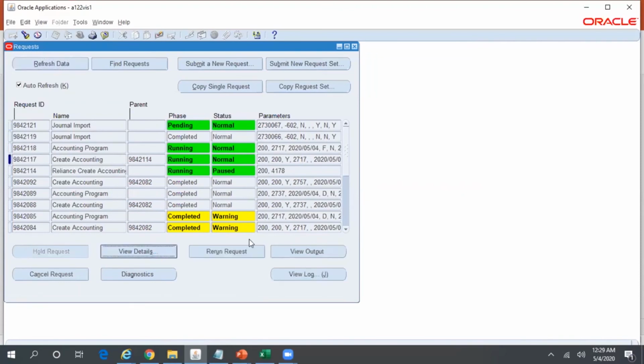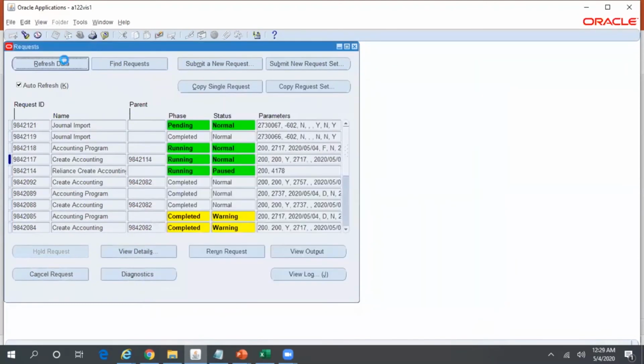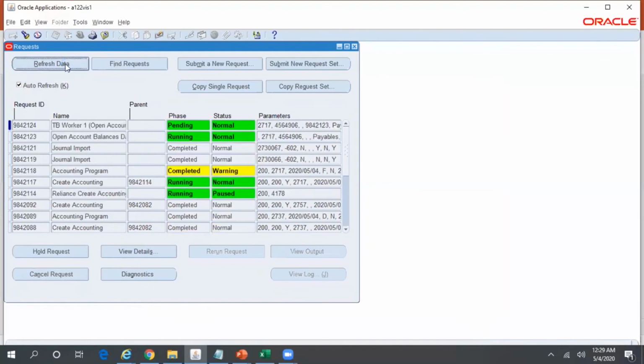This is for the INR ledger. Create accounting triggers the accounting program, and the accounting program triggers the journal import program. Here I can see two journal imports because for the INR ledger I have a second ledger as well. So this journal import is for the primary and this journal import is for the second ledger.